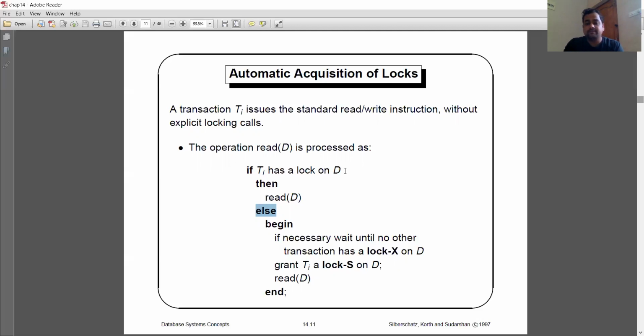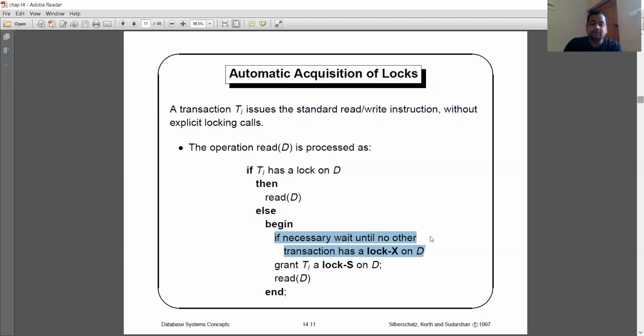We cannot perform a read operation over there. It has to go for waiting for some time. So if we cannot put a lock over there, we have to wait until the other transaction releases the lock.